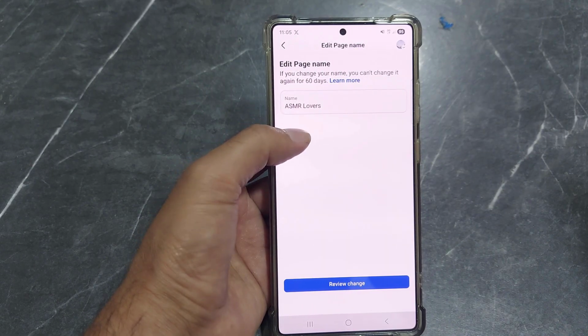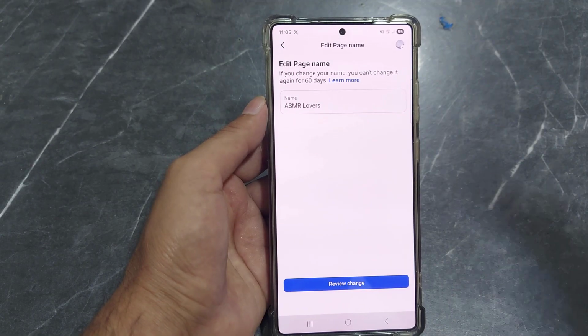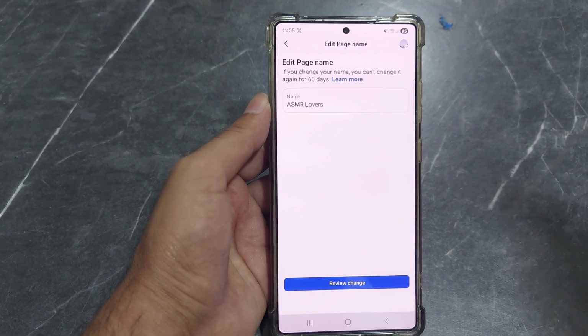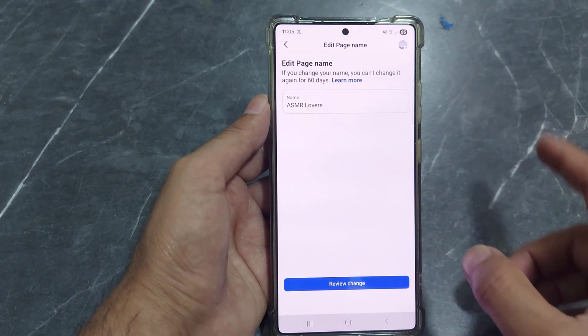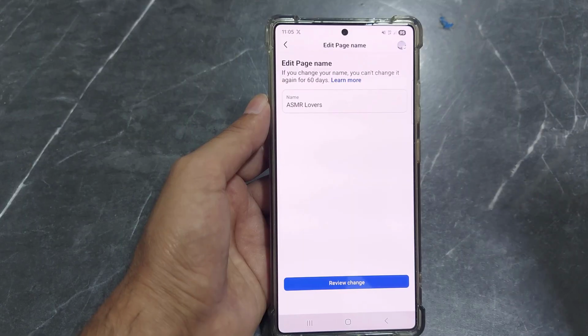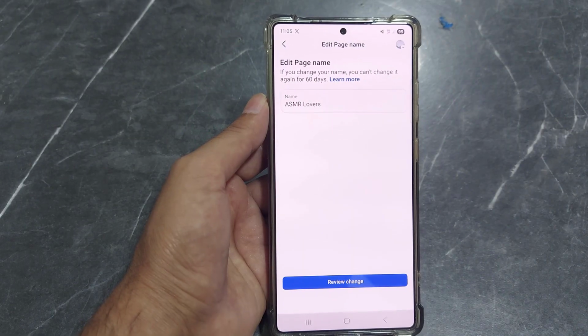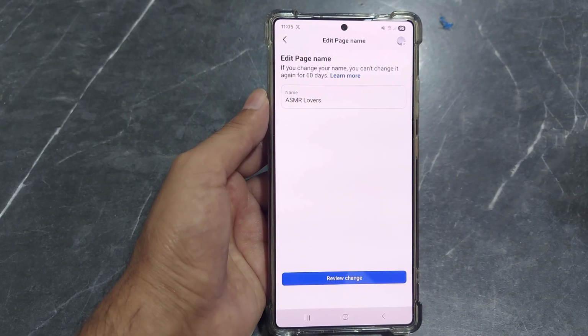But if you are doing it for the first time, or if you have changed it 60 days ago, you can just erase the name and type in the new name and then tap on review changes and then save it. So guys, this is all it takes to change the page name